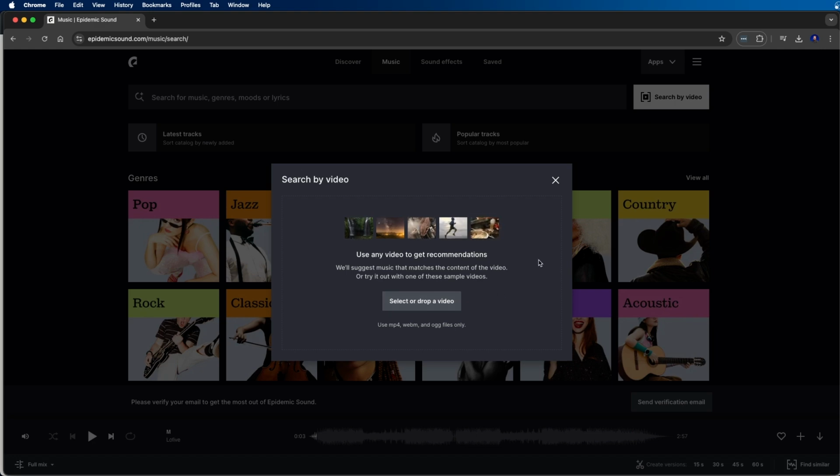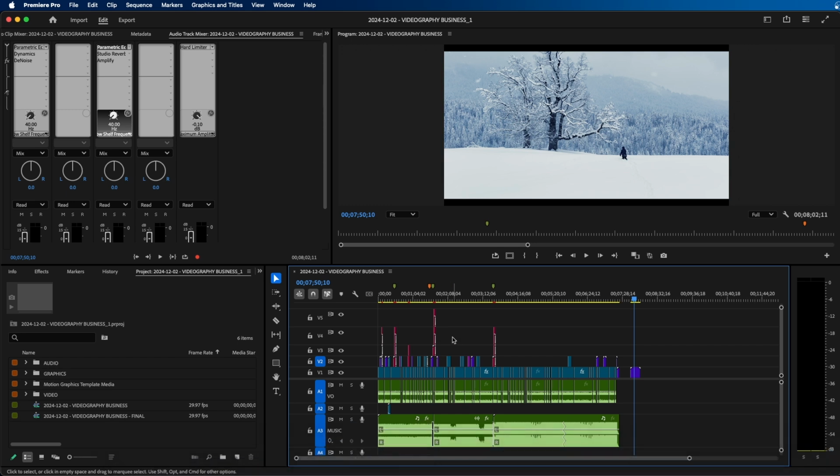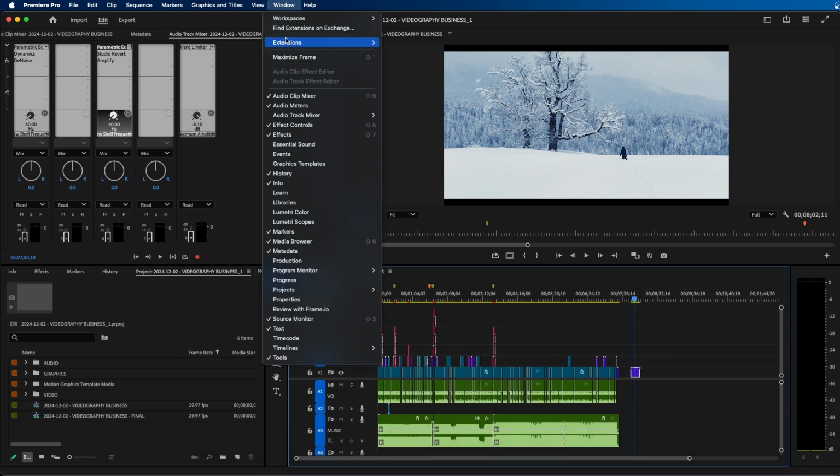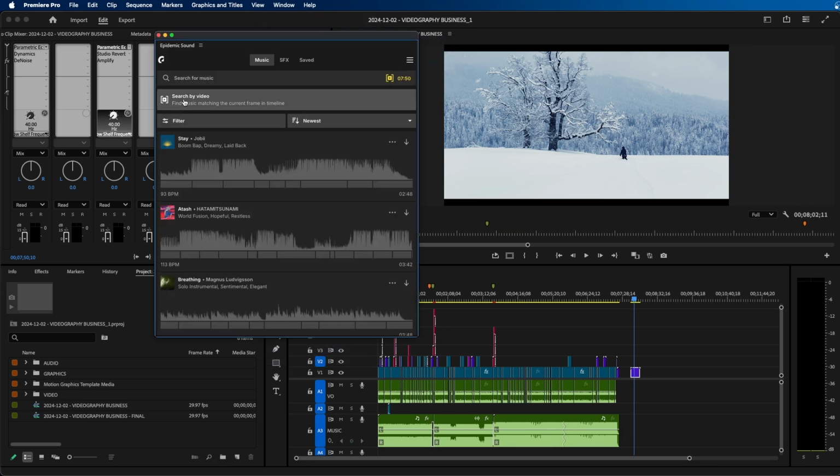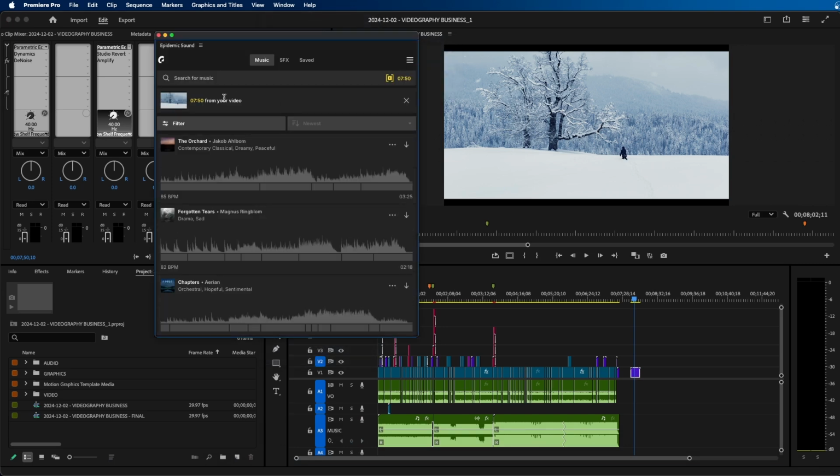But this takes a little bit more time because you have to upload your video, whereas directly inside Premiere Pro, let's say you're working on a timeline like this, you can easily go up to the Epidemic Sound extension, and then just click on search by video, and it will find songs that would sound good to this video clip. So for example, this is the top selection here. If we click play,